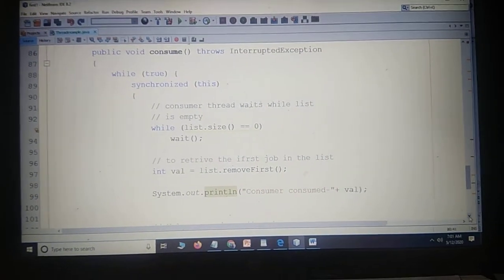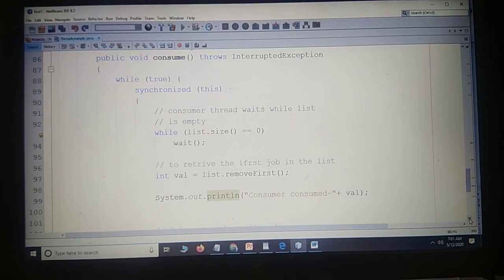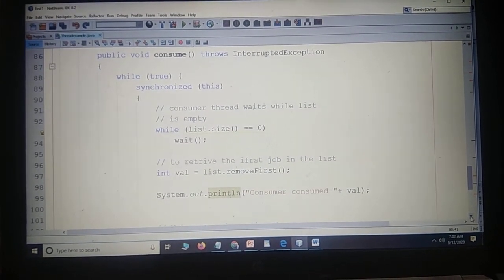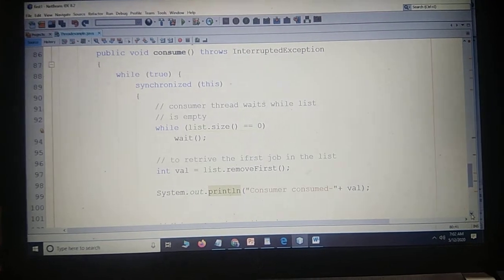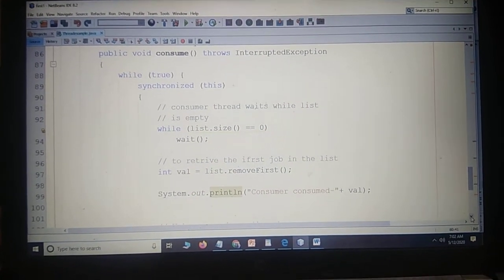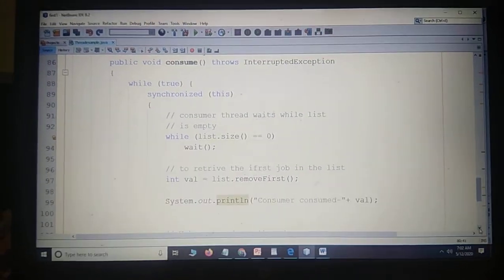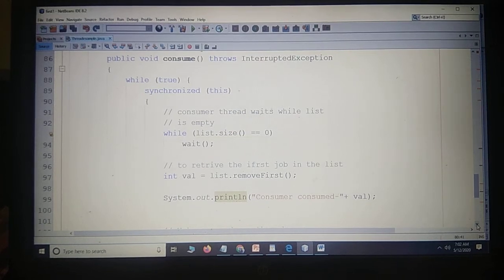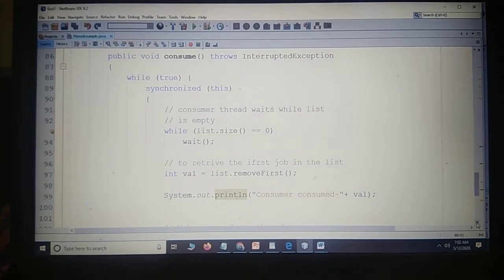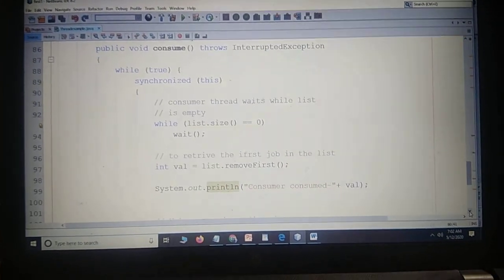So the first value of the list will be removed by the removeFirst method. The removeFirst method is an inbuilt method for the list object. List is an object of LinkedList. Whatever value is removed will be stored in the integer val, and that will be printed as "Consumer consumed" plus val in System.out.println. That value will be displayed.